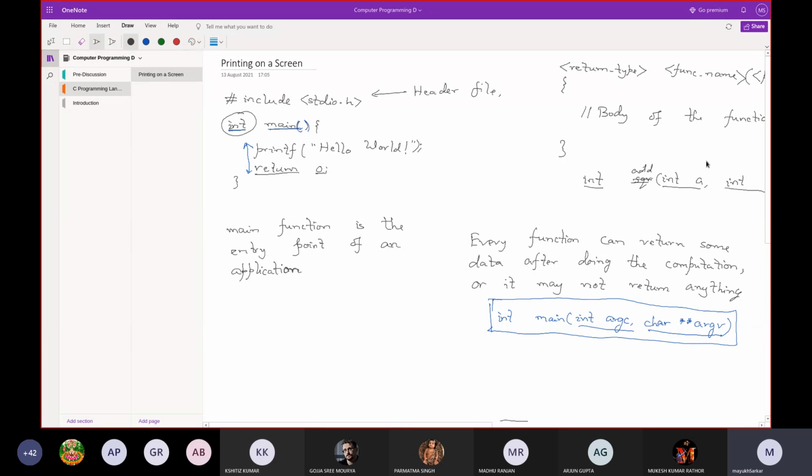Okay, so if you write this program and if you want to create an application, just make sure you have one and only one main function, and that will be the entry point.